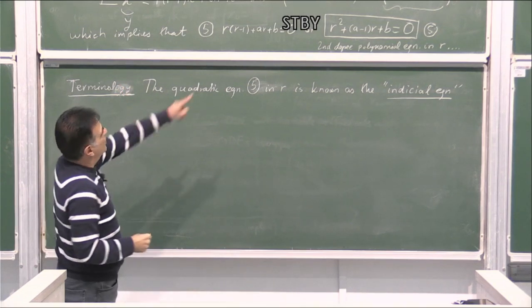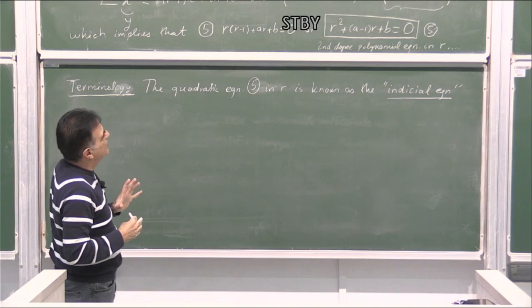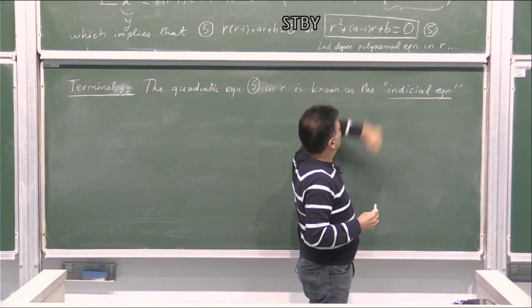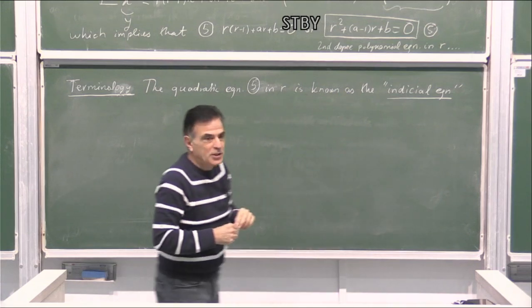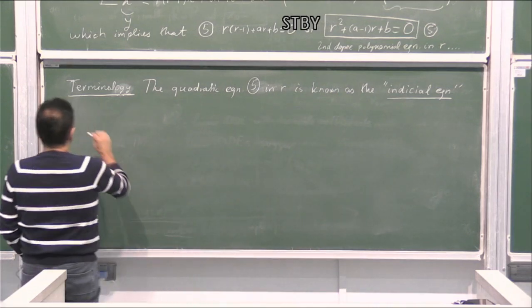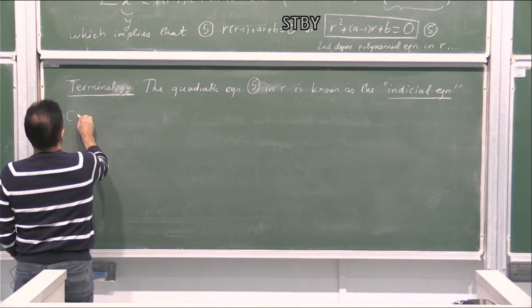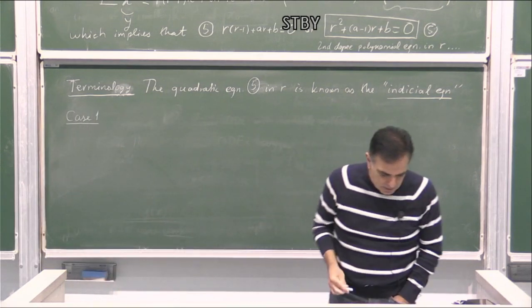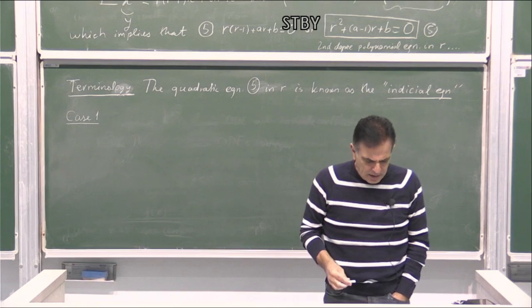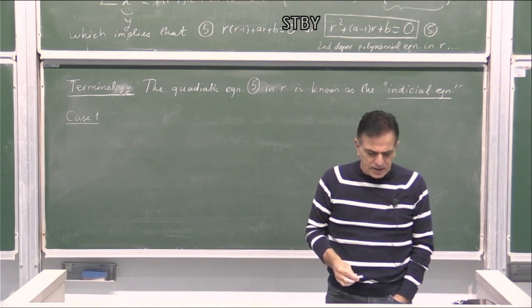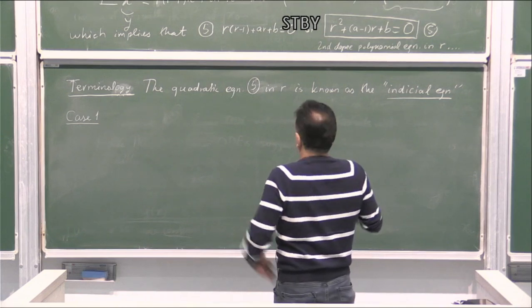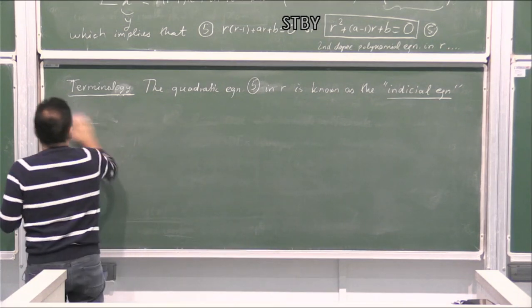Good. So it is a quadratic equation. The so-called initial equation is a quadratic equation. So we have three cases that we may encounter. So what is the first case? Note that: